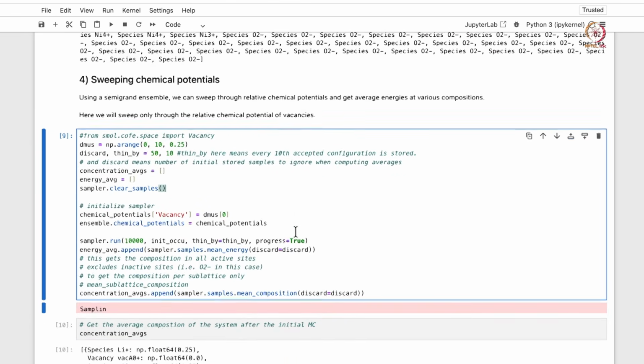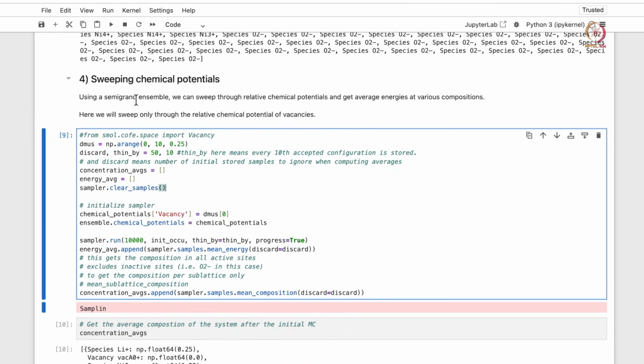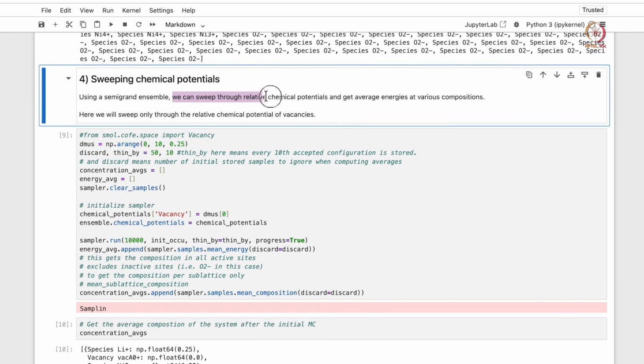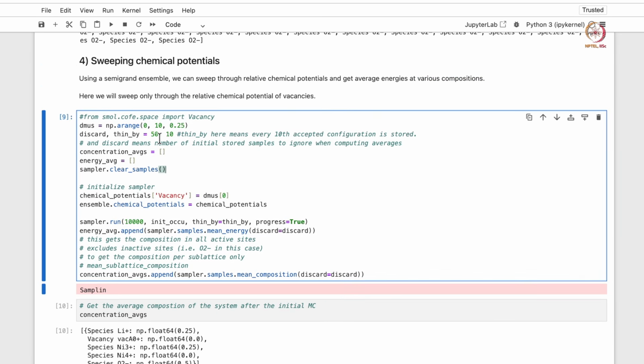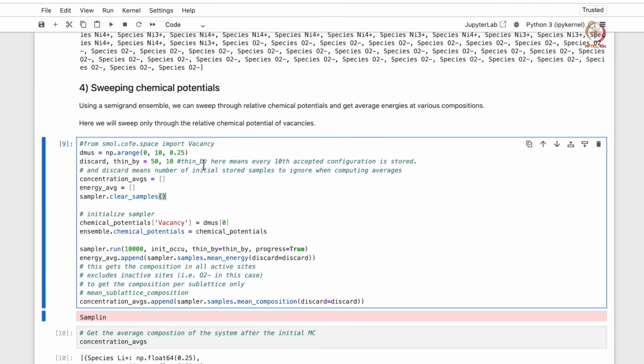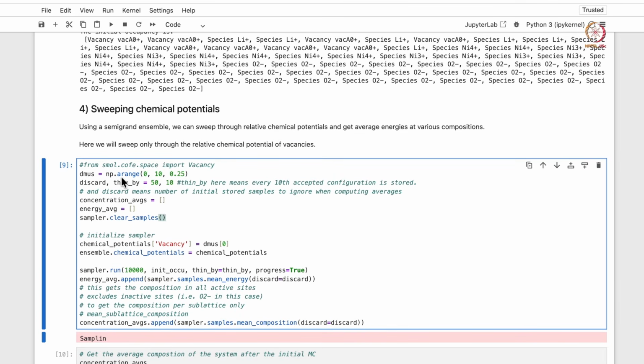Now, using a semi-grand canonical ensemble, we can sweep through relative chemical potentials and get average energies at various compositions. Here we will sweep only the relative chemical potentials of vacancies. We have defined our simulation cell, and now we will define the chemical potentials.